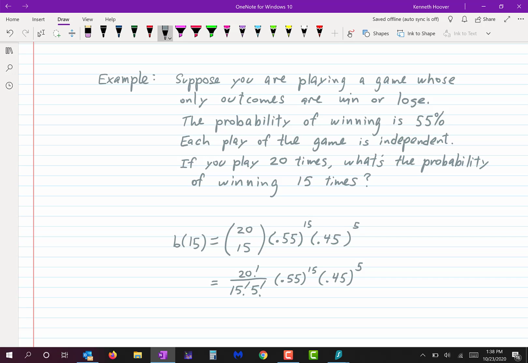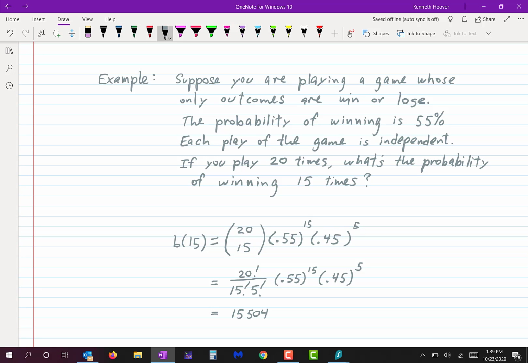I'm not expecting you to do 20 factorial over 15 factorial times 5 factorial by hand either. But I hope that you understand what I said last time about how there is a lot of cancellation that occurs in calculations like that. But it's still going to be a big multiplication problem left. So we put it into the calculator and we get here